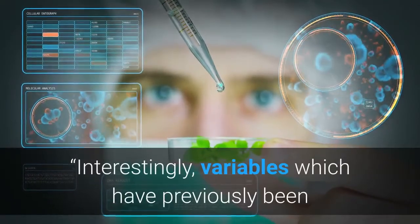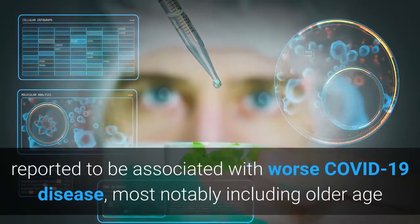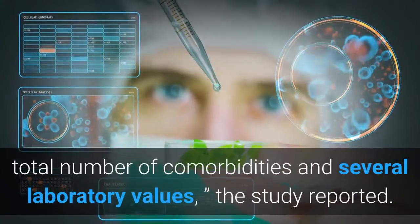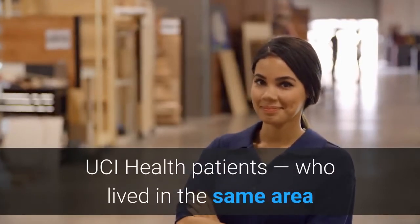"Interestingly, variables which have previously been reported to be associated with worse COVID-19 disease, most notably including older age and hypertension, were less predictive in our sample than body mass index, total number of comorbidities and several laboratory values," the study reported. But while the tool proved highly accurate with UCI Health patients, who lived in the same area and